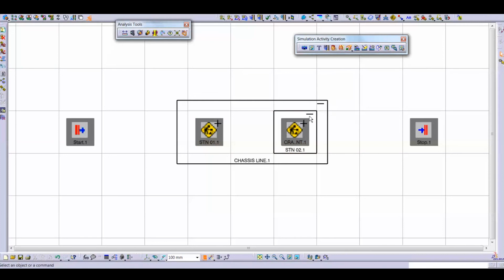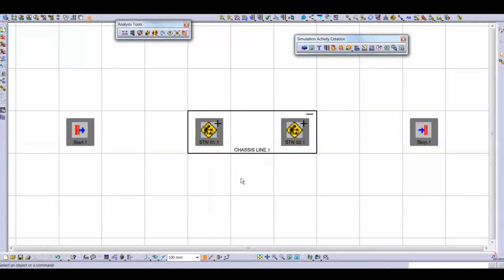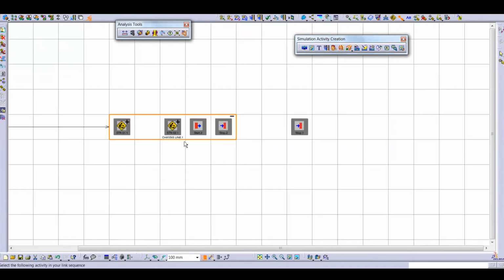If you want to perform, for example, your process in this sequence, station 1 and then after that the simulation will be station 2, so we link. First we select start, then chassis line, and then stop.